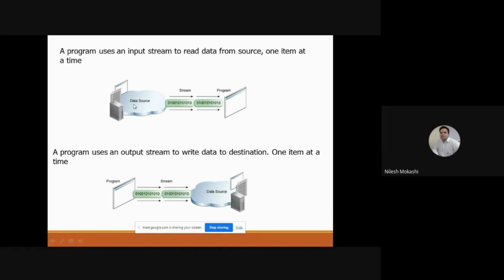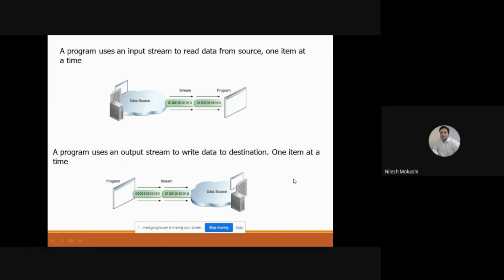So that is the kind of data source we have. We read the data in byte format, okay? And a program uses an output stream to write data to a destination one at a time. While writing also, it uses 1 byte at a time and writes the data inside the destination. From Java, you can read the characters and you can write those characters to a data source